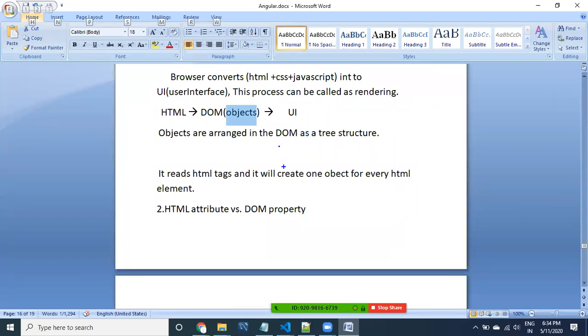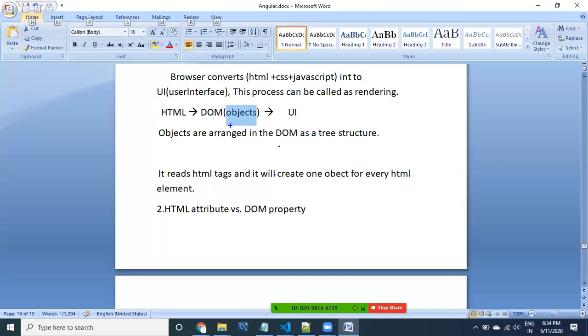You also can take objects inside the DOM by using getElementById, getElementsByClassName, getElementsByTagName. You can use some methods in JavaScript. You can read objects. Even the same things can be done in Angular also. So just understand what the DOM is now. This is just the introduction about the DOM. Wherever it is required, I'm going to give you more details about the DOM object, which is running internally. Then I'm going to give you the concept, guys.